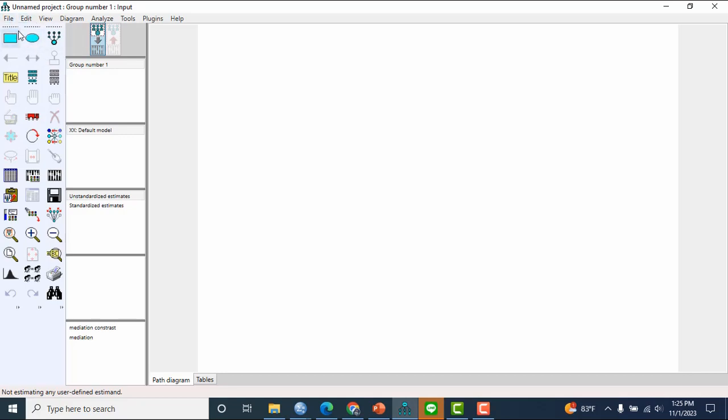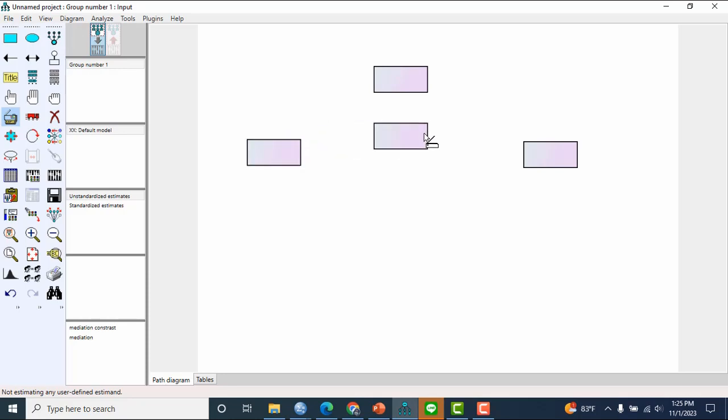The first is we put this one and then copy, and then we connect.